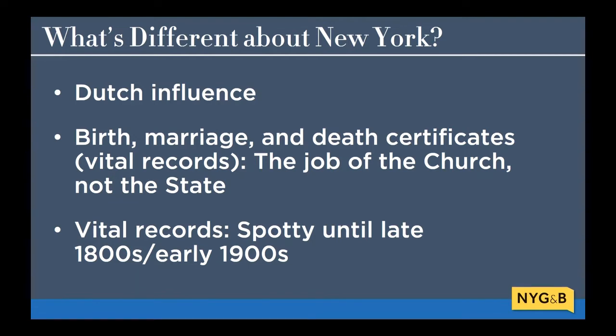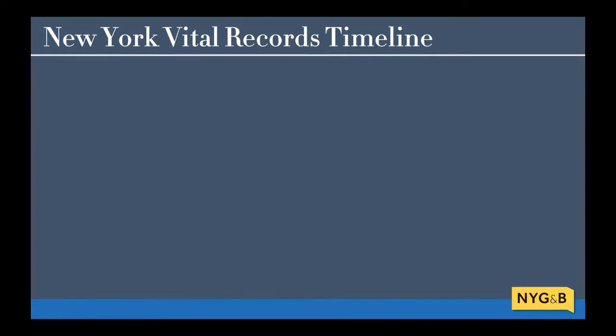Different places started at different times, and this is one reason why it's almost impossible to give a single, concise explanation about finding these records in New York State. Each researcher will really need to hone in on their specific time and place of interest to get a concrete answer about the availability of these records. So even though they may not exist, it's still a good idea to seek out a birth, marriage, or death certificate as your first option, because if it does exist, this is definitely a record you want to have.